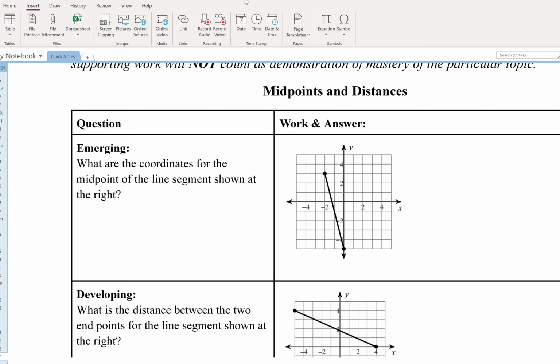This first one asks us, what are the coordinates for the midpoint of the line segment shown at the right? When you have a graph of it like this on a coordinate plane and they're pretty close together, sometimes it's just kind of intuitive. So I'm going to take more of the graphing intuitive approach because there's going to be another one where we're going to look at the coordinates, and we'll do it that way as well. So you can use both approaches, but this one, I think, like I said, is kind of intuitive. So here I'm going to say